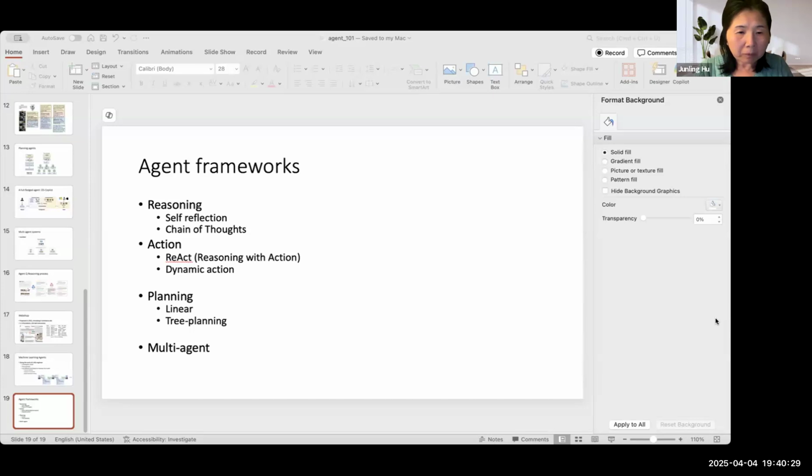So let me share my screen. Terminal, I want to share.